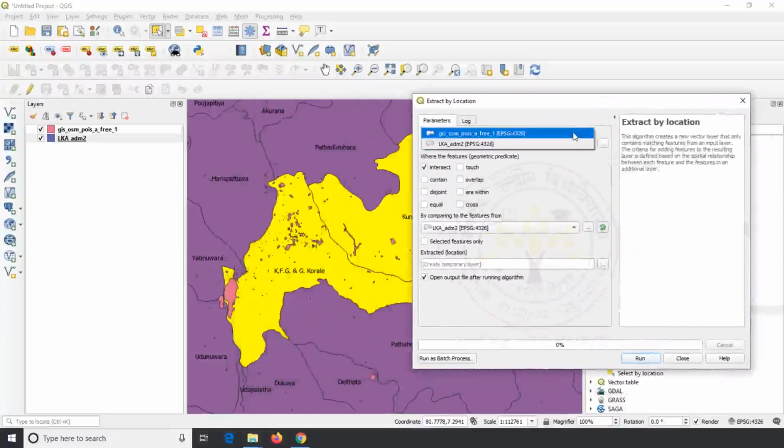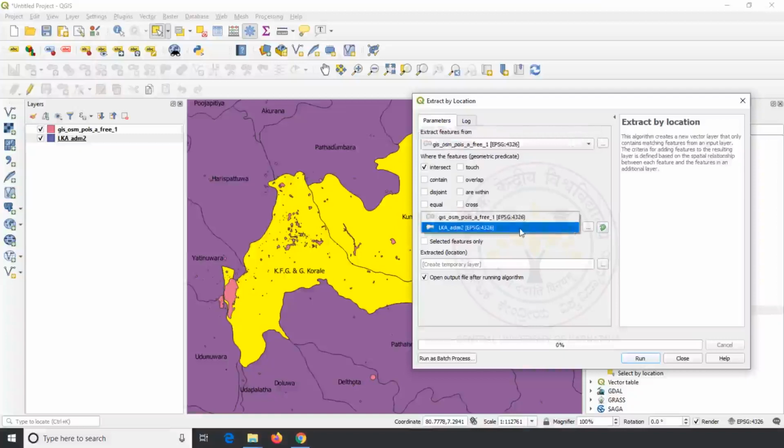On the pop-up window, select gis_osm_pois in Extract features from and select LKA_admin2 in By comparing to the features from. And tick Selected features only. Then provide the option whether you want to intersect or touch or other options. In this case, I choose within.